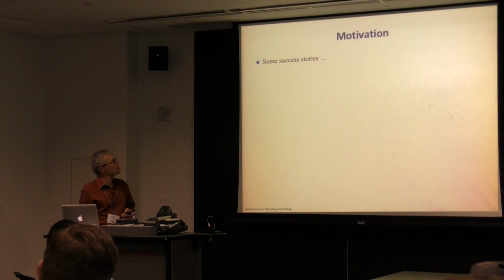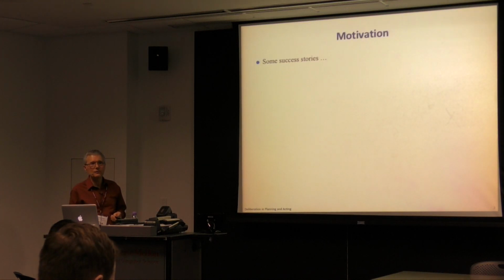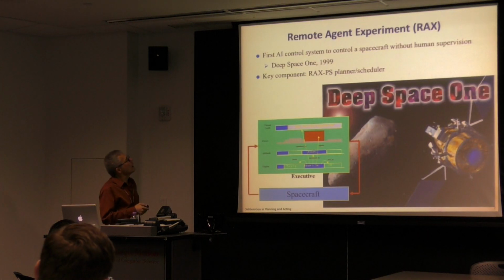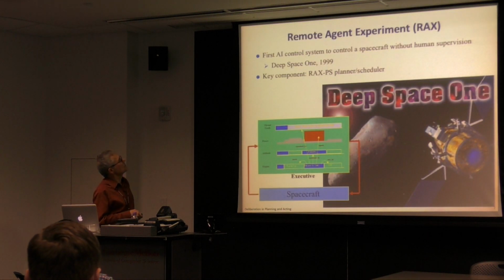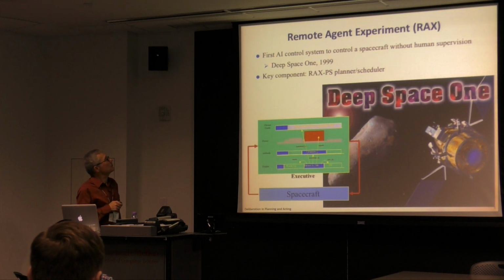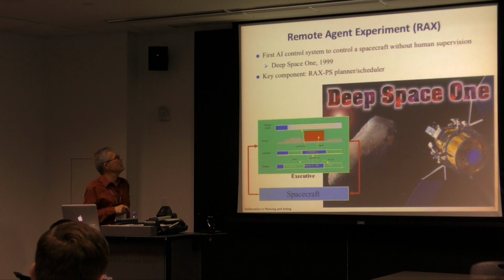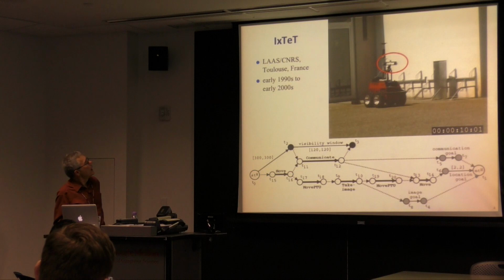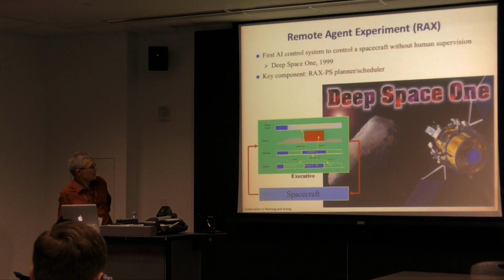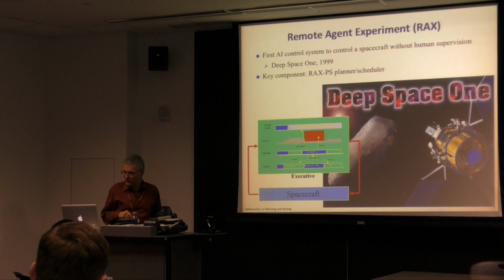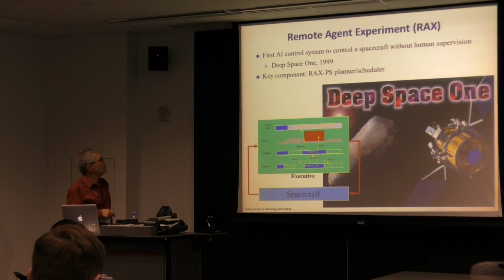All right, so motivation for temporal models. I'll start out with a few success stories. First one is the remote agent experiment. This was the first AI control system to control a spacecraft without human supervision. This was Deep Space One spacecraft in 1999. And a key component of it was the RAX PS planner and scheduler. Okay? It may be again a case of the slides being out of date. Okay, anyway,